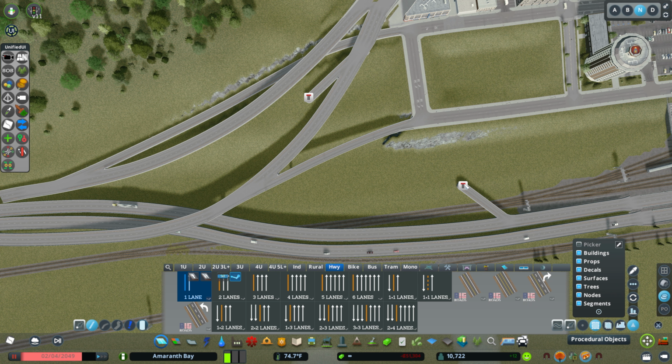Today we're going to build a medium-sized spaghetti interchange to carry traffic from the freeway to this wide avenue, which I've given the temporary name Arkland Avenue. I'll probably change that in the future. And I think that's going to take a bit of pressure off of the poor little spooey interchange that serves the center of downtown. Does a pretty good job, but I have a feeling it's going to get overwhelmed at